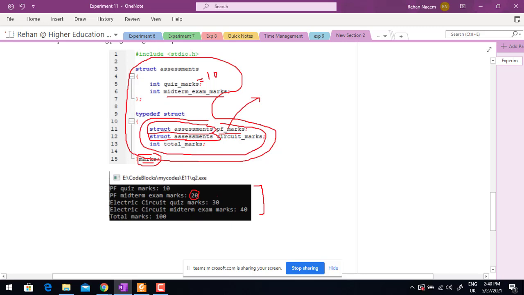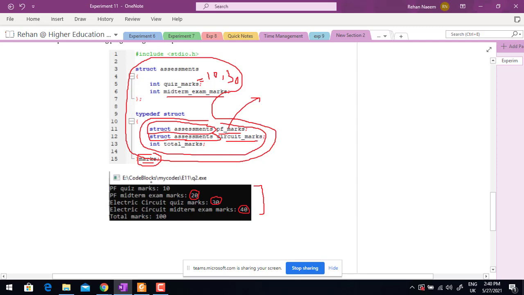Similarly, you have to store 30 for quiz marks of the subject electric circuits, and then you have to store 40 for the midterm exam marks variable for the subject circuit analysis or electrical circuits.